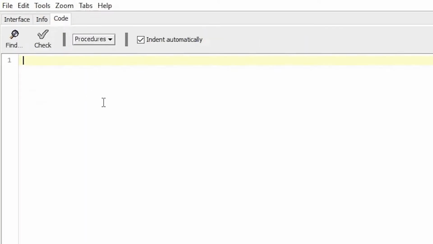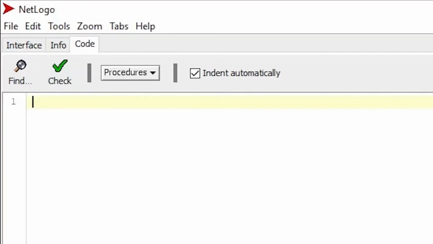So in this code tab, I can go to the coding view. In this coding view here, you will see line numbers while you are coding. But by default, these line numbers are not visible.